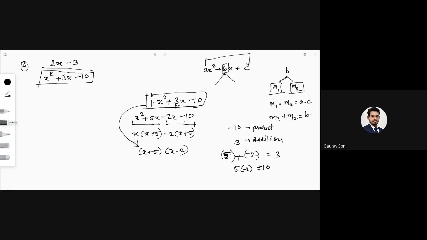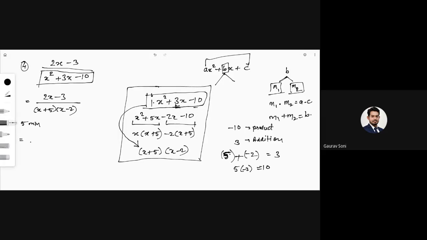Is everyone clear about this process now? Yes, sir. So this is simply the 9th and 10th standard mathematics that we are doing over here. So 2x minus 3 upon x plus 5, x minus 2. You have 5 minutes, give me the partial fraction for this. A upon x plus 5, another one, b upon x minus 2. What are the partial fractions? Tell me. Then we'll do the last example and we'll stop.